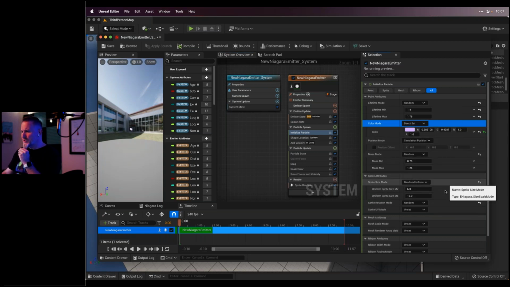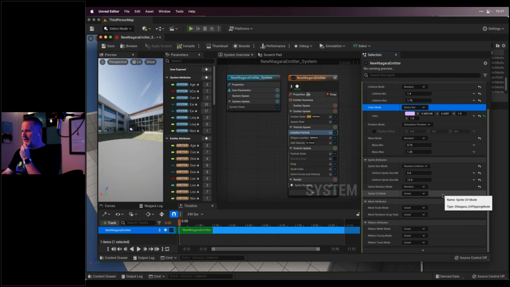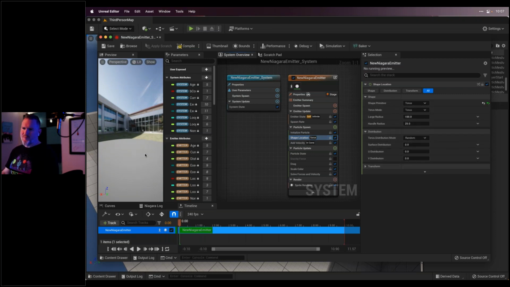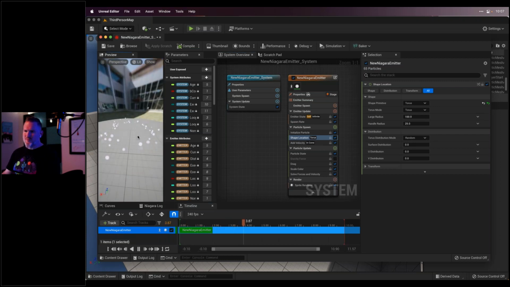And then another thing that's really cool is that we could change the object here. So I go to shape location, and instead of a sphere, let's say I'll make a torus. So now we have a torus of particles. Play here. There we go. So now we have a torus of particles that's rendering, and we can just stop right there. But that's all I want to show you about this.